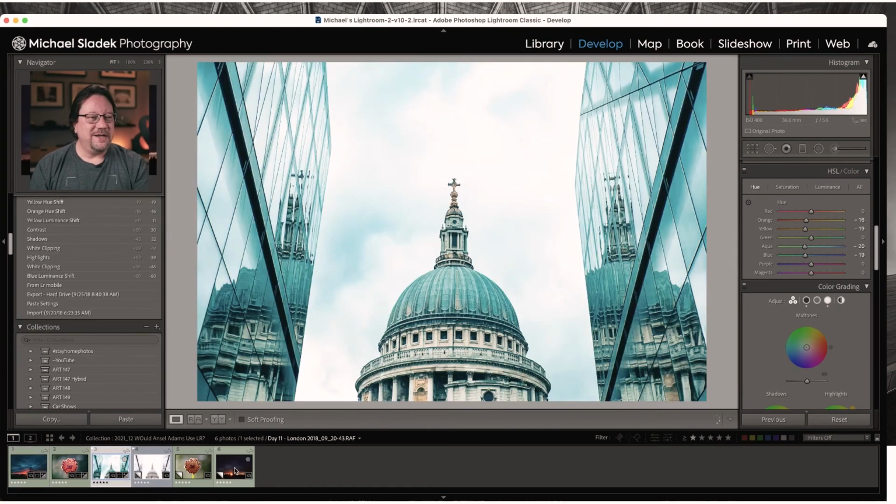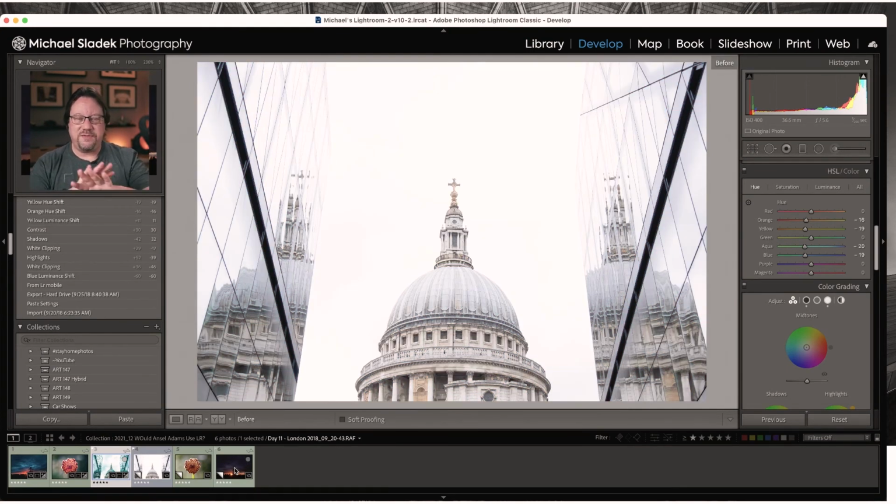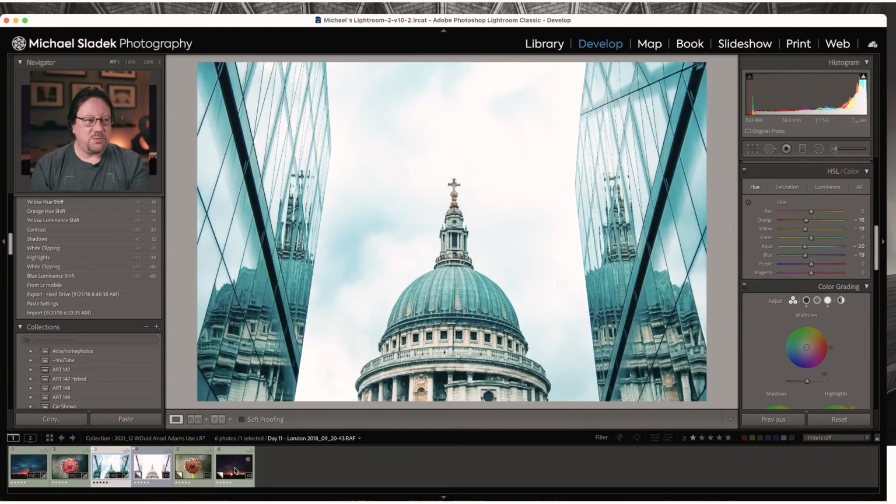Last photo here that we'll talk about is St. Paul's Cathedral in London. And the edit goes from the original photo here, again, flat and gray. And what I wanted to do with this photo was add some more punch, more emotion, get it away from black and white, add some color. And I also wanted to strengthen the connection between those two side modern buildings to the old St. Paul's, which has been around for hundreds of years and survived fires and wars and many changes of leadership. And so that's why I made the edits I made.